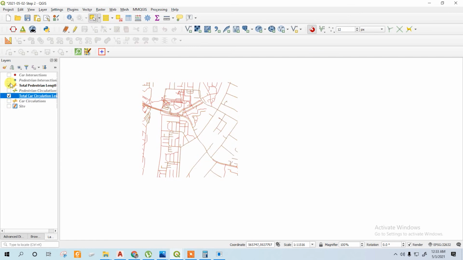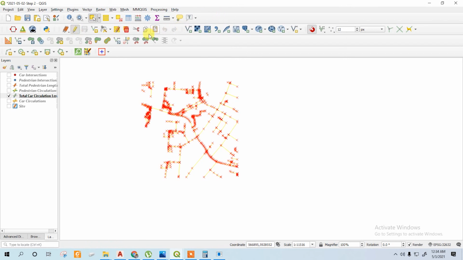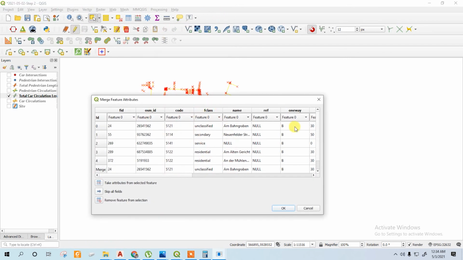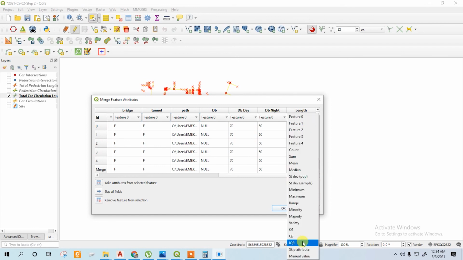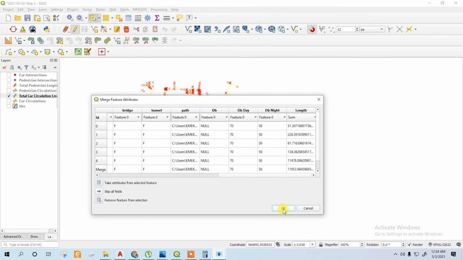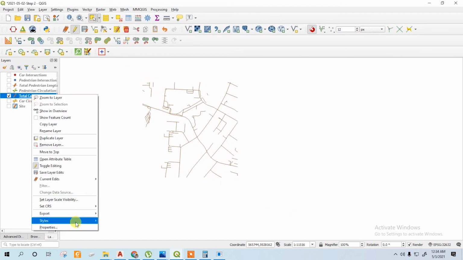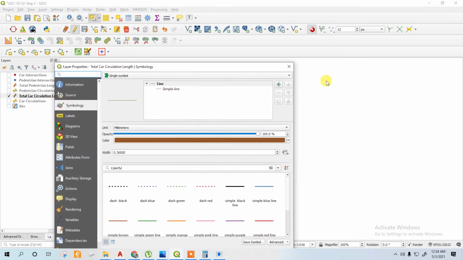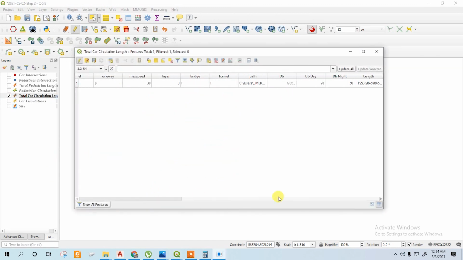Now switch off the other layers, select everything, activate the layer, merge, and go to the sum. Now go to the attribute table. Here you will get the total length.